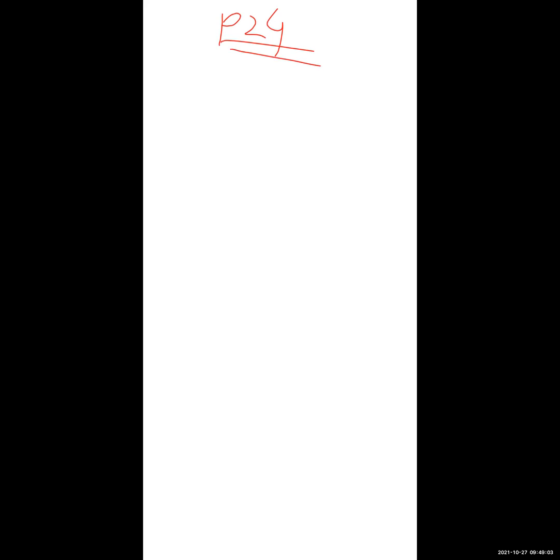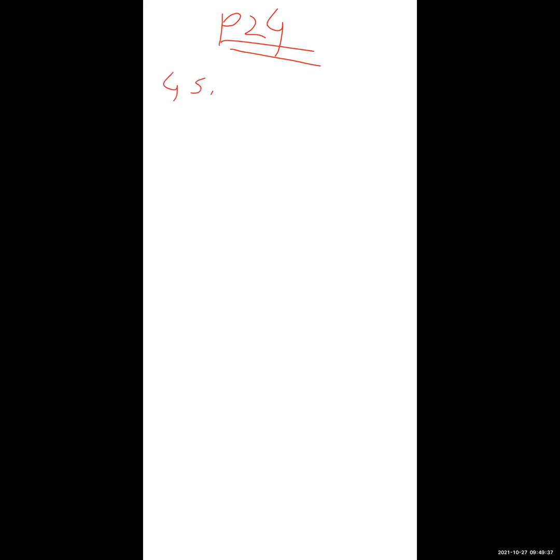Now here the question asks: find the HCF of the following numbers. The full form of HCF is highest common factor, so we have to find the highest common factor. In practice set 23, we saw how to find the common factor. In this practice set, we will see the highest common factor. The first question is